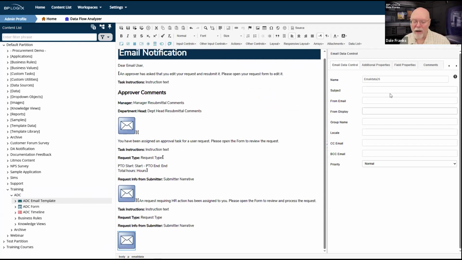So our email data control will be EDHR in this case, and the subject will be, copy that, and we will change our subject down here to request number needs HR action. And we are done with that one.